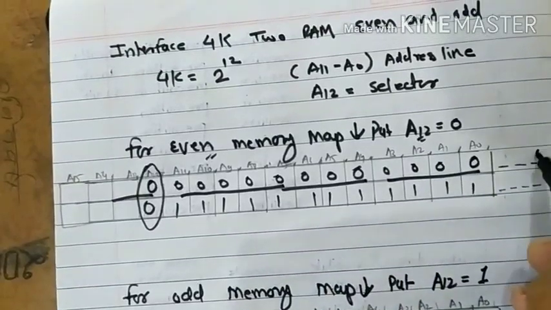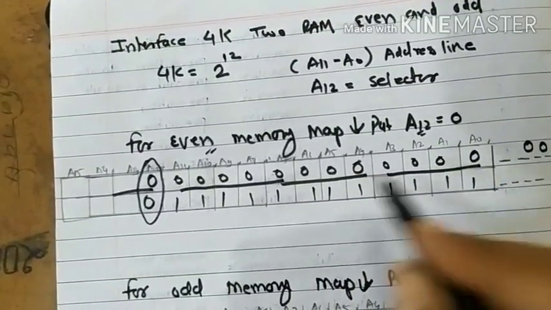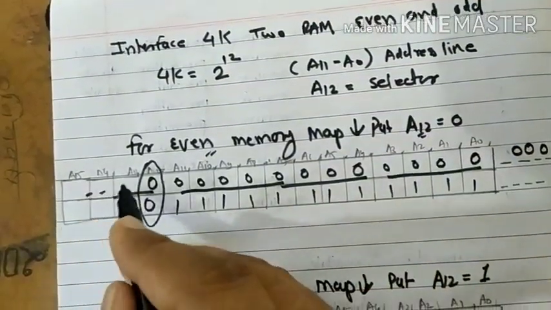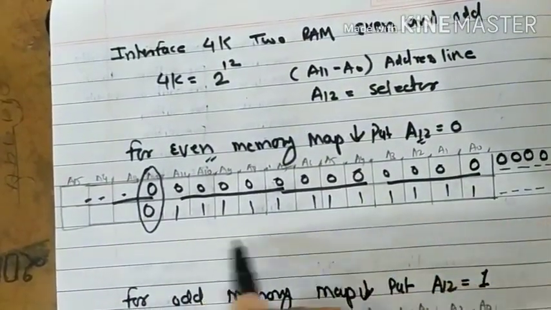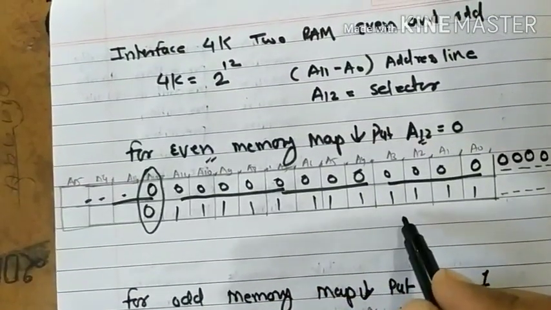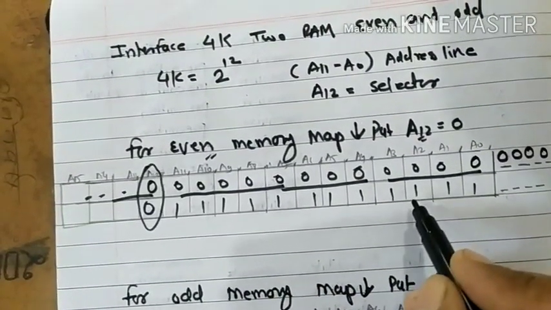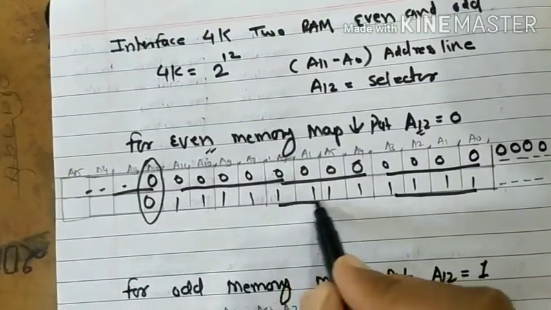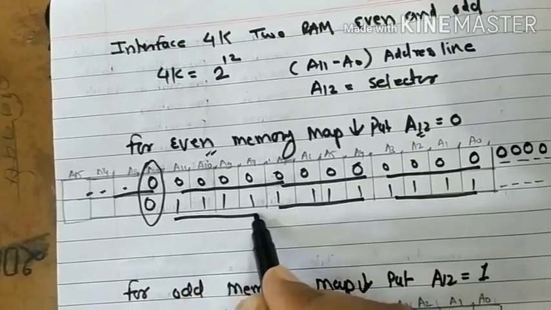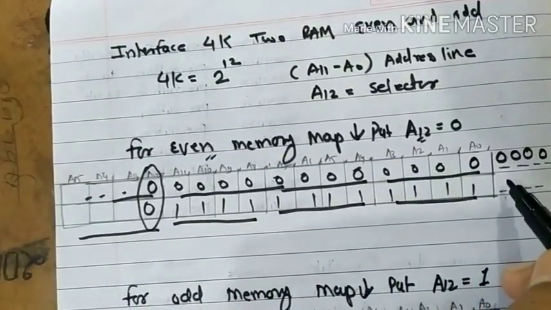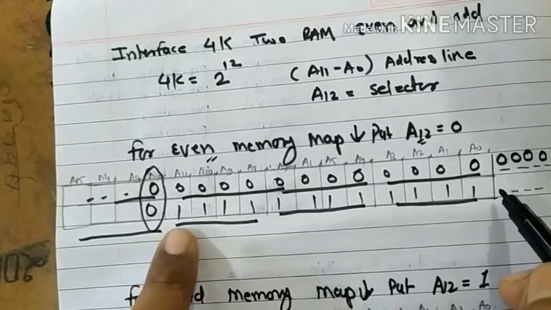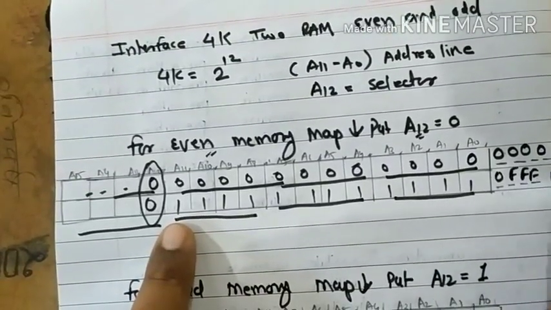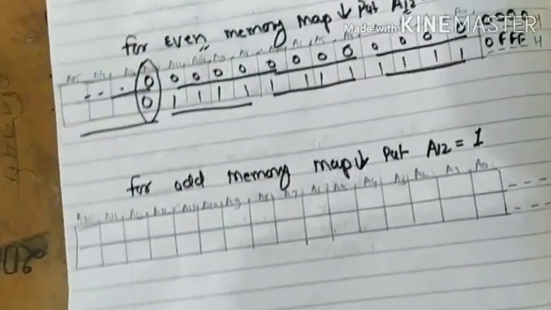So this 4 times 0 is called 0, this 4 times is called 0, this 4 times is called 0, and again this don't care condition is also called 0. For ending address purpose, we again consider each nibble. So it is 4 times 1, this 4 times 1, then this 4 times 1, and this is 0. So according to this, our address is 0FFF.